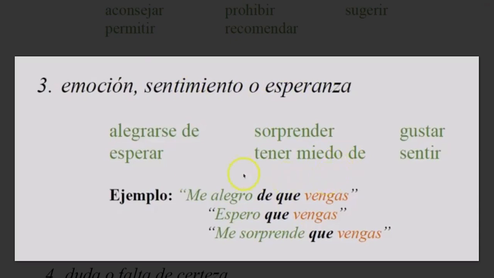So again, the subjunctive is not in the verb itself. Me alegro, I'm happy that. That's still in the indicative, even though that's the verb that carries the emotion. The subjunctive is going to come in the second sentence after the que. I am happy that you're coming. The important thing is not the fact that you are coming or may be coming, but my feeling about it. So my feeling about this statement is tinting the whole statement into the subjunctive. It's making my second sentence a subjective feeling about what may or may not happen.